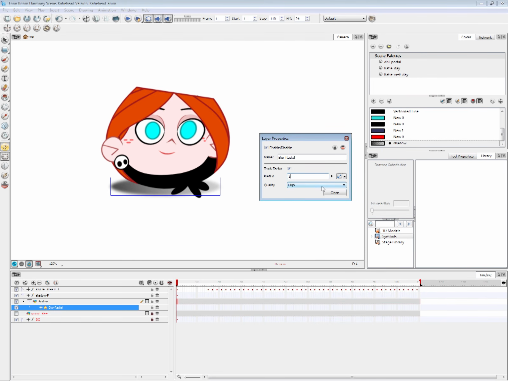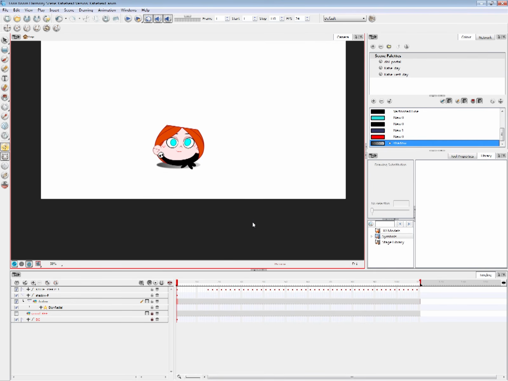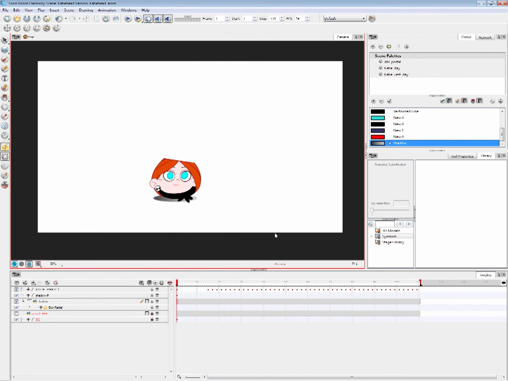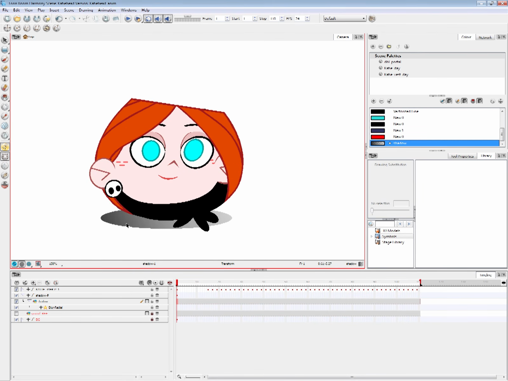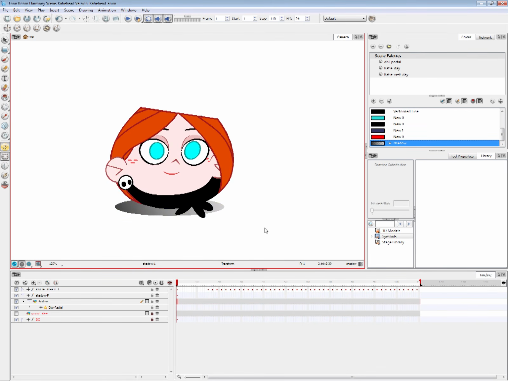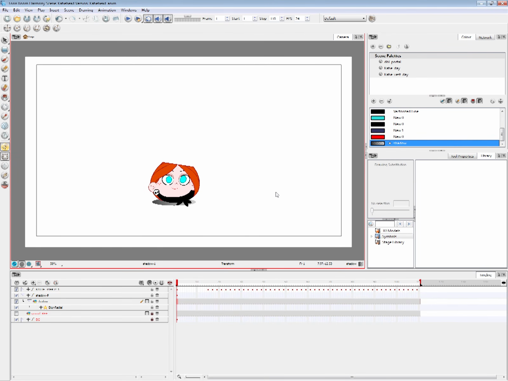Nah, that's a little bit too much. Maybe 1. 1's good. And close. And that's what it's gonna look like. Okay, we're gonna go back to OpenGL view, and here the effect is not shown, which is good because we don't want that using our CPU processing power.